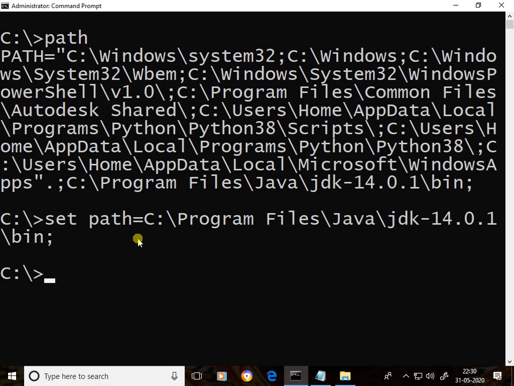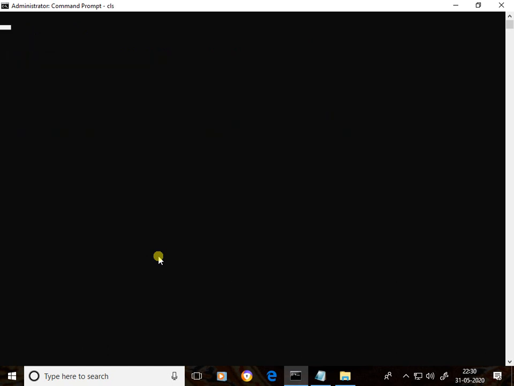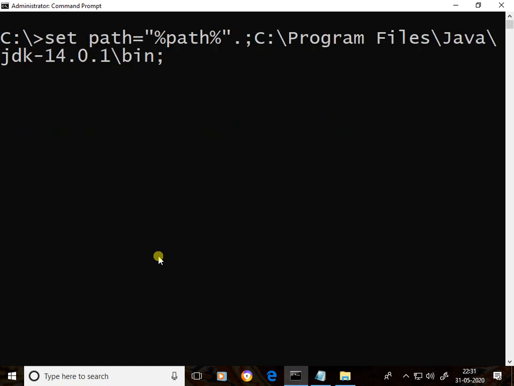After that, if you observe the path, see, only the Java path appears. Okay, on this path setting, it is overridden. That is the reason append mode is always recommended. Always this type of path setting only is recommended.